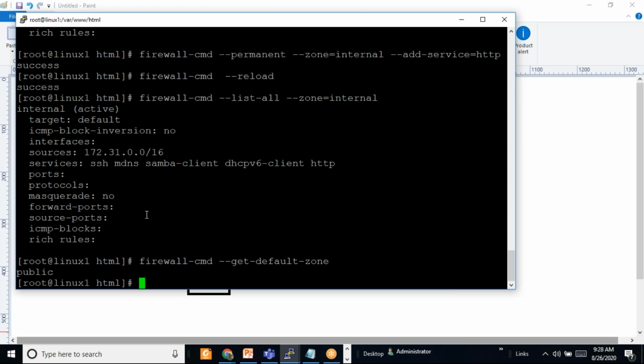We have many zones, and zones will be active based on the source address or a network interface. And we can allow and disable traffic as we discussed.